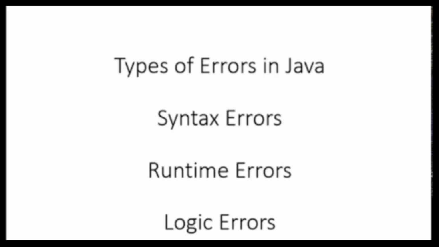I'll just give one example. While writing a program, suppose you forget to check any of the data that you have entered in the program. Suppose a number is divided by 0, so that is considered as one of the errors. What kind of error is that? That is a runtime error. Any number divided by 0 is considered a runtime error.